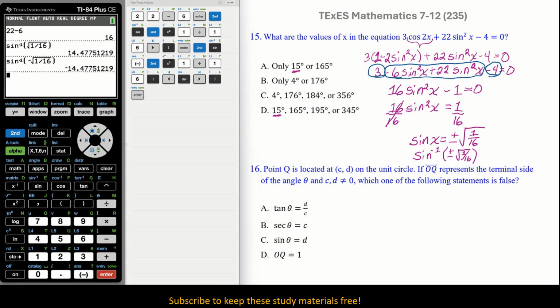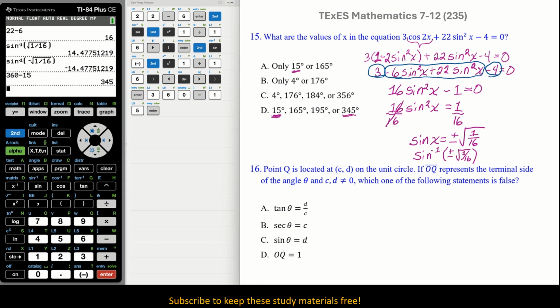Okay. So what we are doing with that is saying, okay, we have the 15, so we have 360. We're going the other direction. We're using quadrant 1, okay? So minus the 15, push enter. Well, that's 345. Well, that's over here in D, but